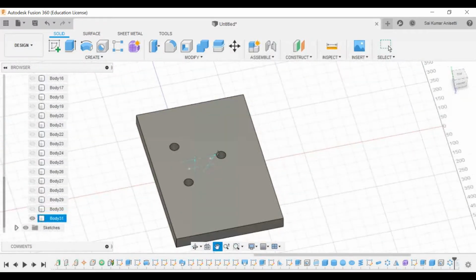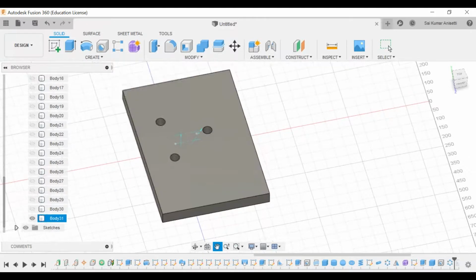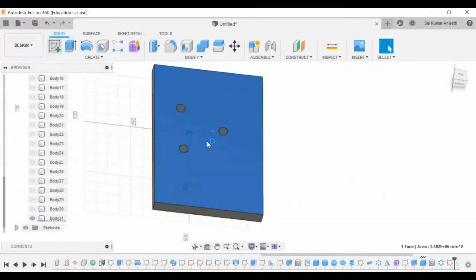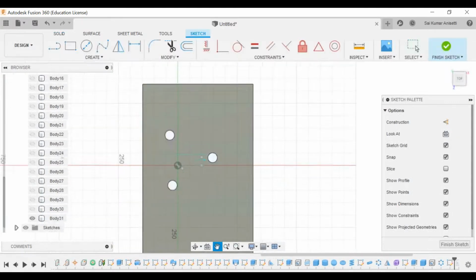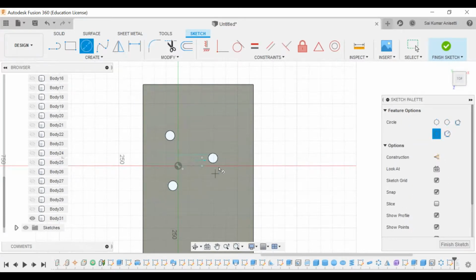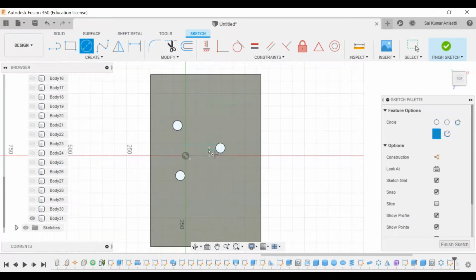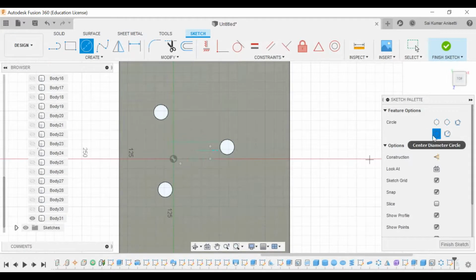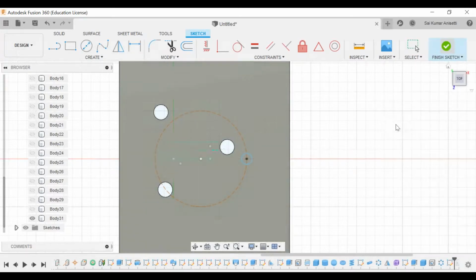And another way is to make a simple sketch on it. I'll select this and I'll go over here. I'll select circle, point circle. I'll make this construction, this one as my PCD. So onto this PCD, this will be my circle. Another circle we create on this PCD and finish my sketch.